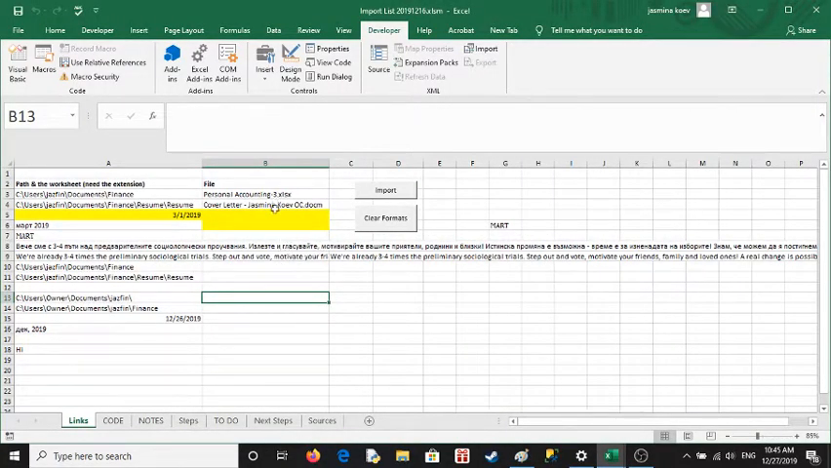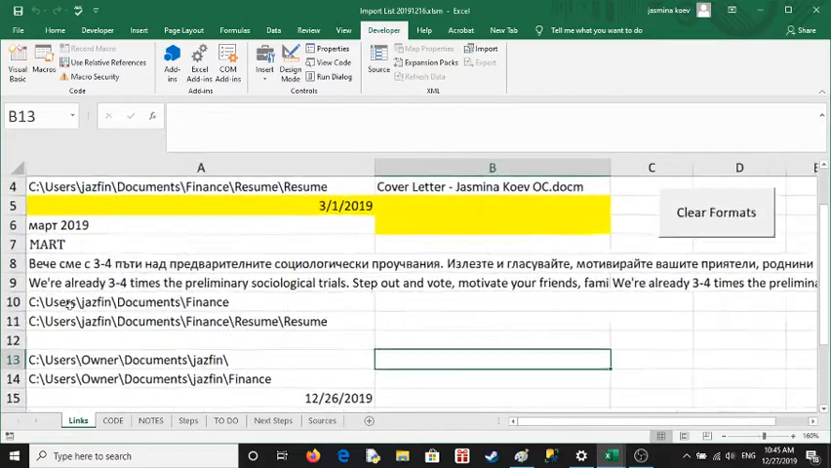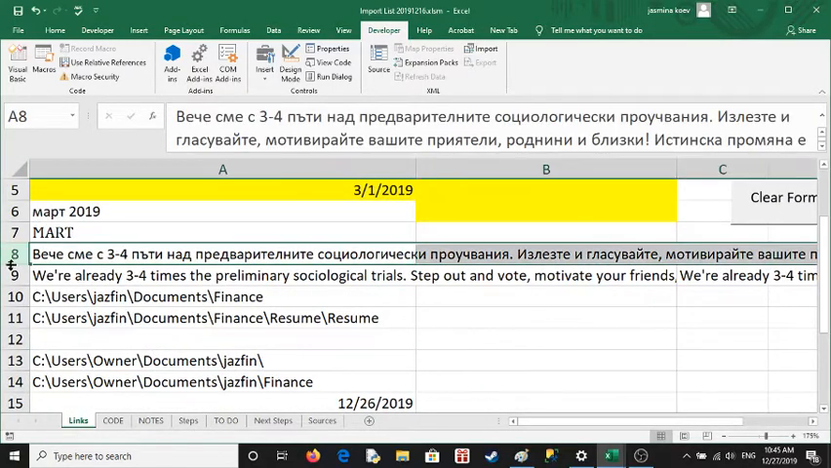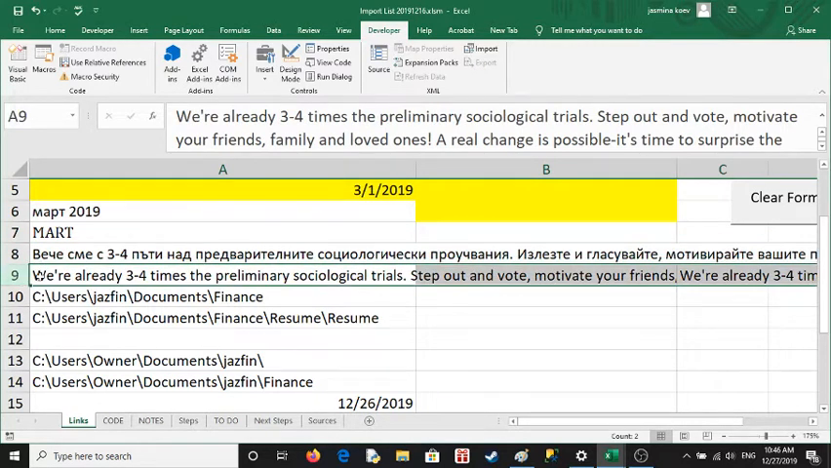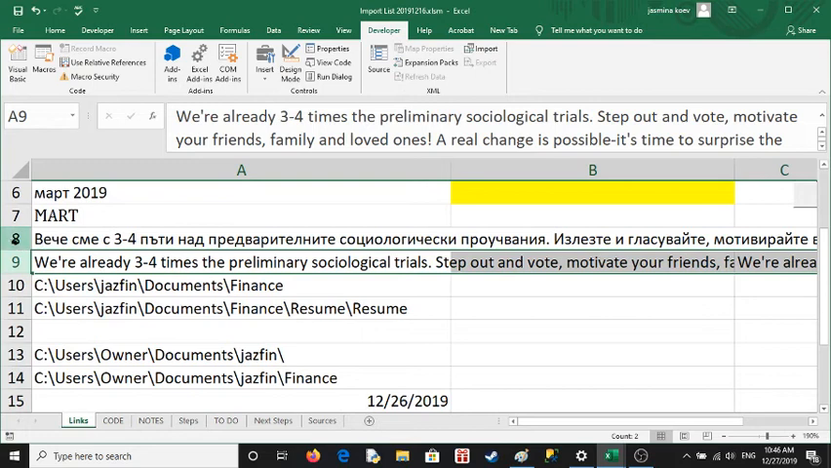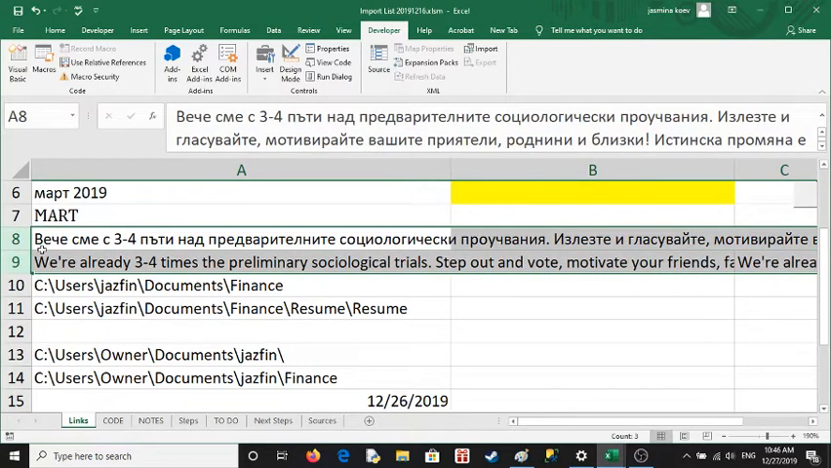I am going to show you how to get your computer to read something in a different language. For instance, this is Bulgarian. This is the translation in English. So what I have done is set up a VBA macro,